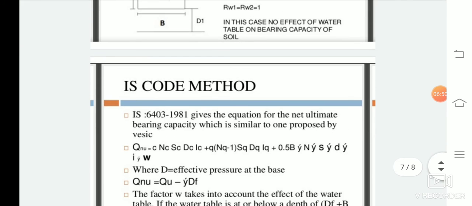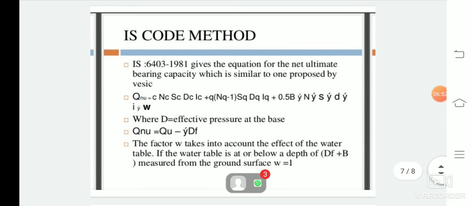So as per IS code method, what will be the value of the bearing capacity? As per the IS code method, the value of the bearing capacity is given differently from that stated by Terzaghi. This IS code number is IS 6403:1981. This code gives the value of the net ultimate bearing capacity, which is more or less similar to